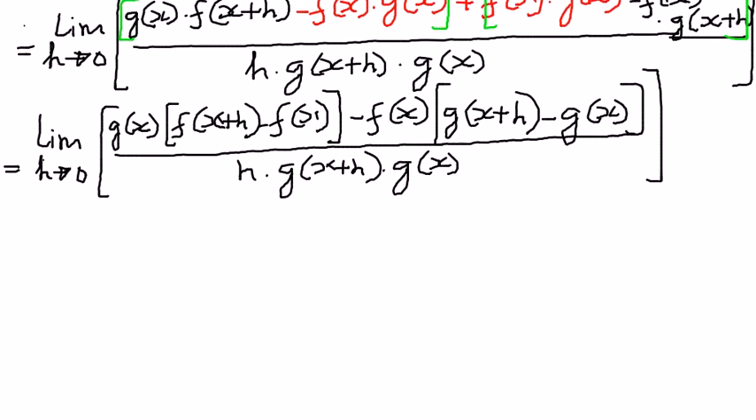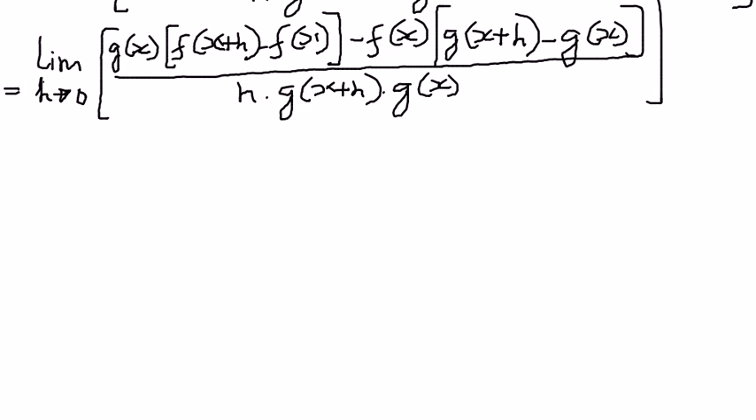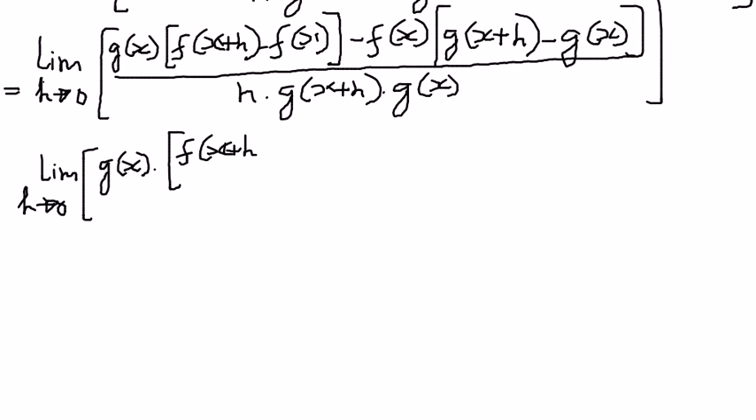I can further simplify this as follows. So I can write this one as individual limits. Limit as h approaches 0, I can write this one as g of x times f of x plus h minus f of x, this whole thing divided by h, like that,